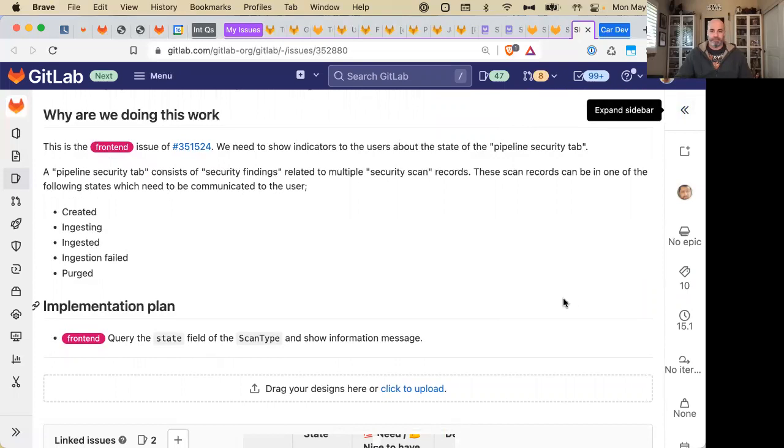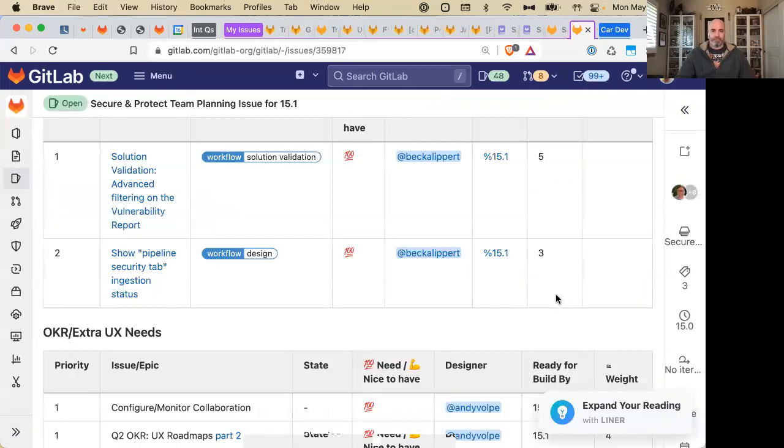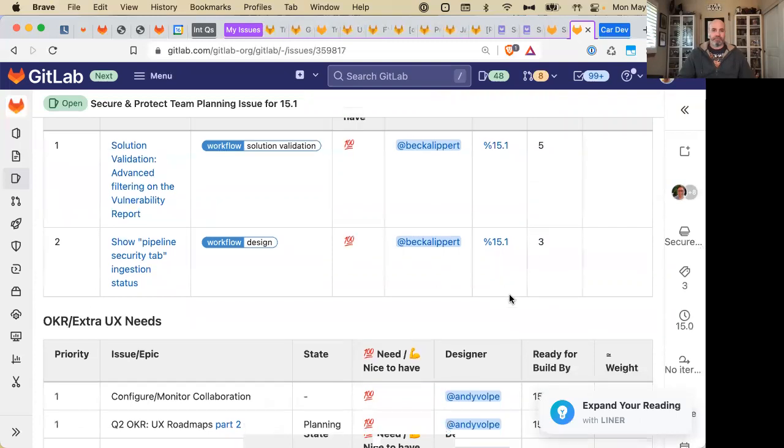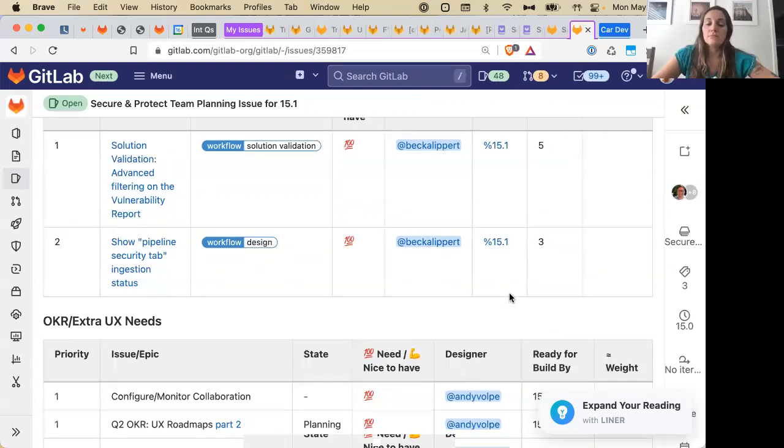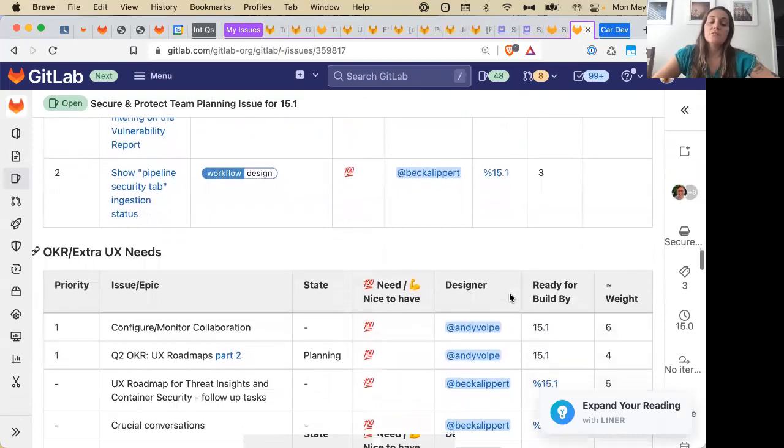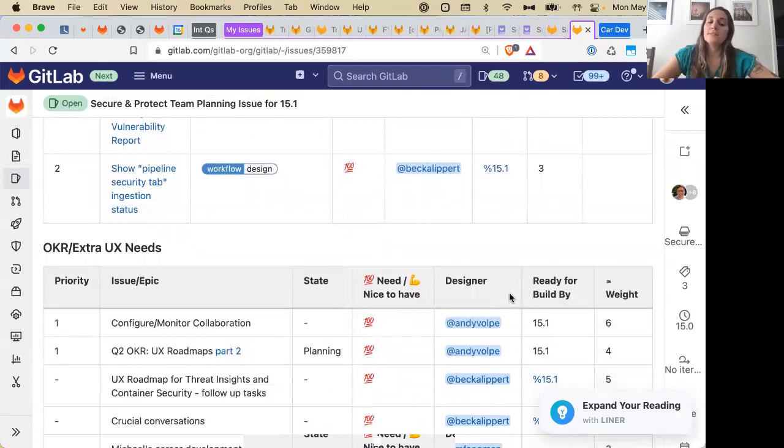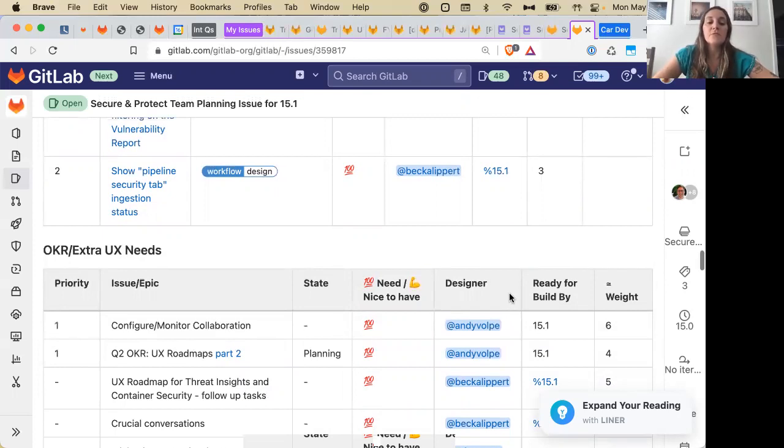Okay. 3 is a good number. I feel confident in that. Yes. There's one other thing that I wanted to do in this milestone related to a policy that we need to auto dismiss, but it doesn't look like I'll have time for that. So that'll have to be moved to 15.2.